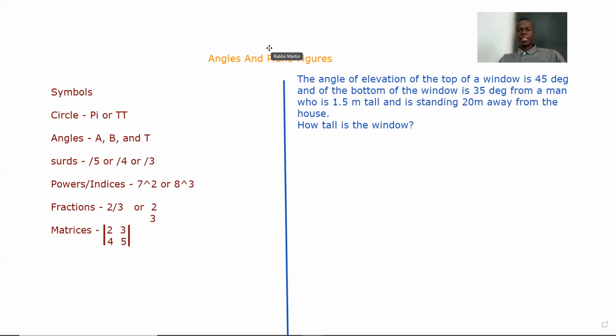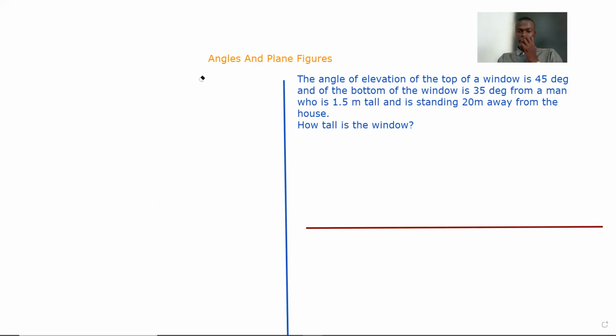So once you have done that, the next thing is to always be able to draw and show the student whatever you're talking about. So I'll be able to make a sketch over here. I can erase my drawings on this side, so that I can be left with that space for working out. So if I say that that's the ground level, and I have the man